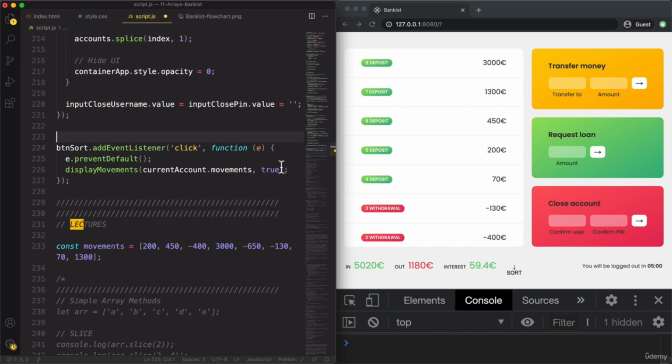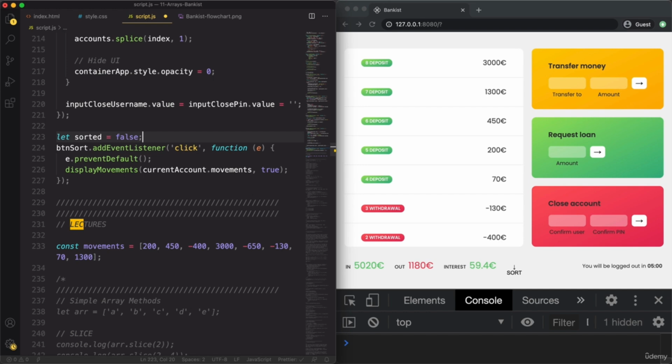And so if we defined a variable here in this function, then it would be created newly each time that we click that button. And so we want to preserve that sorted state